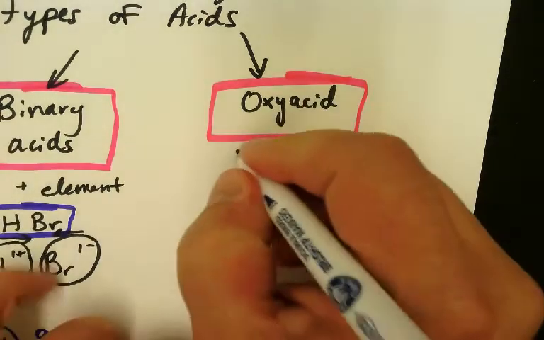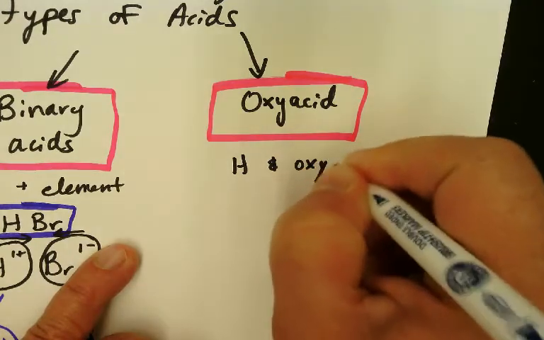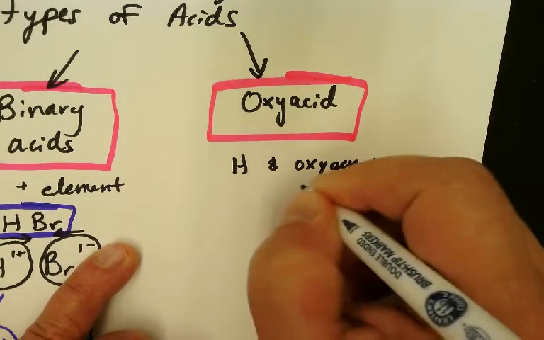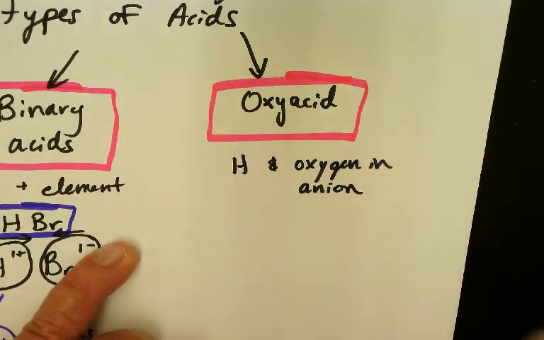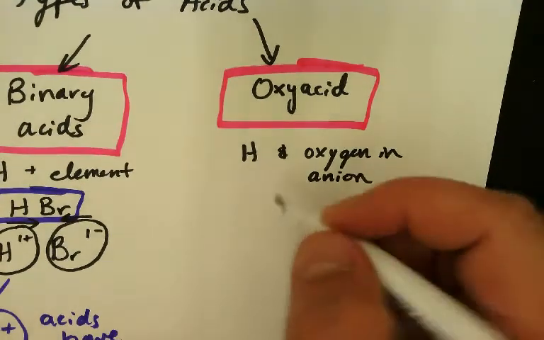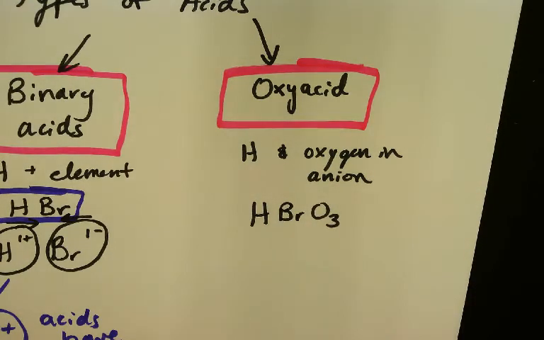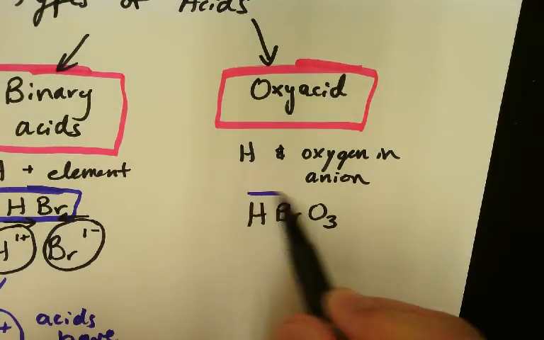So it starts with a hydrogen and it has oxygen in the anion. Here is an example, HBrO3. Do you see how it starts with a hydrogen? It starts with a hydrogen,